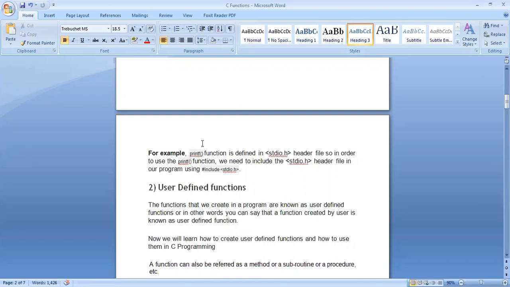You don't write printf and scanf all the time when you use them, right? So just like that, in case of user defined functions also, whenever you feel the need, you want to design a function, just design it. And then whenever you feel the need, you can simply call that function and use it in your program, just like these functions, user defined functions will also function in the same manner.